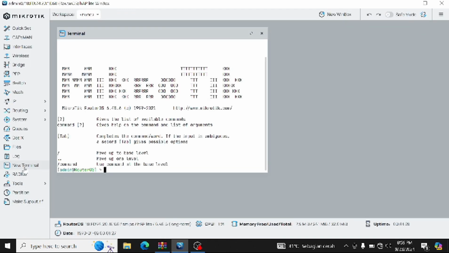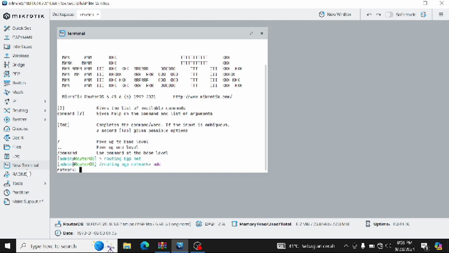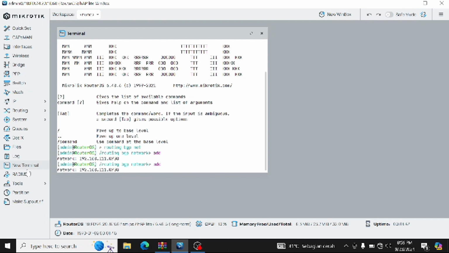Okay, new terminal, and we can enter the routing BGP network and enter the network. The network this for router to router. Don't forget the slash. And one again for switch.